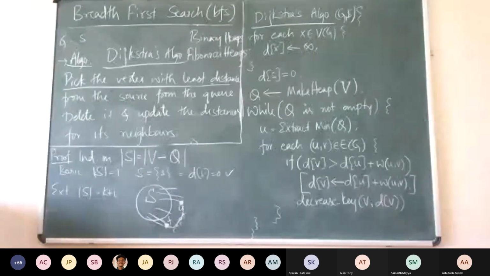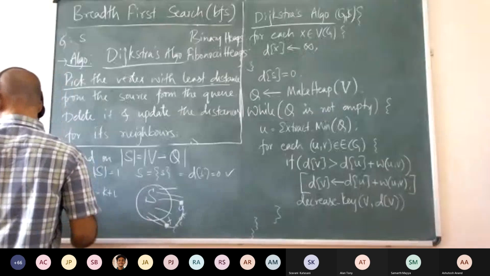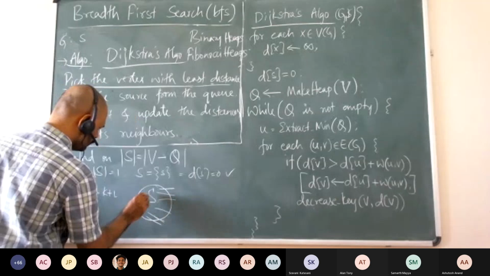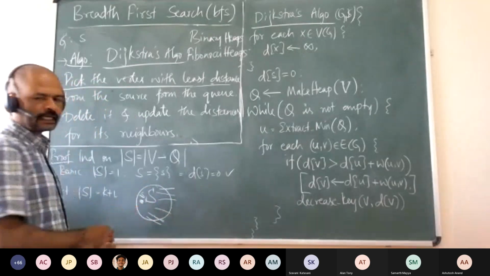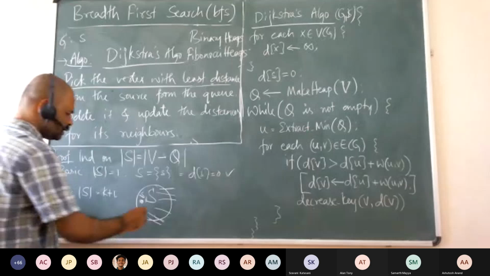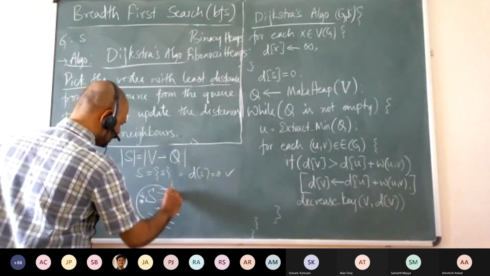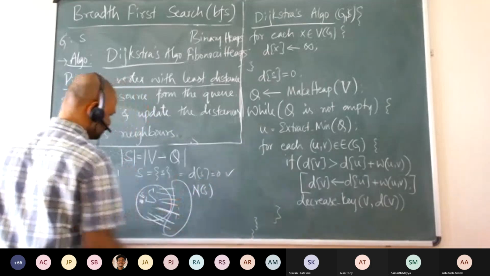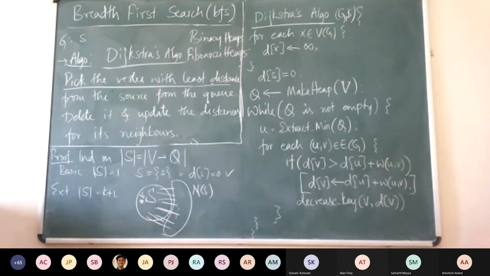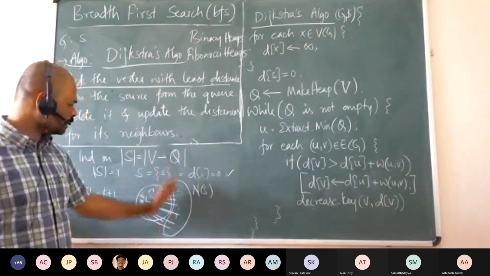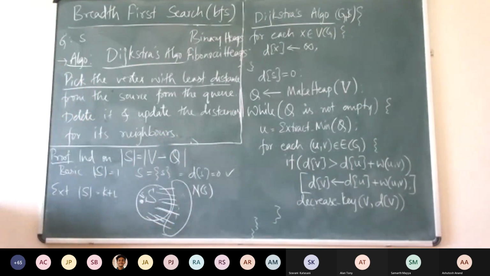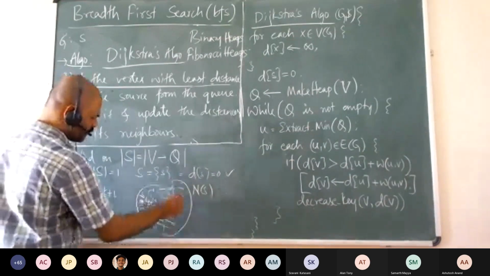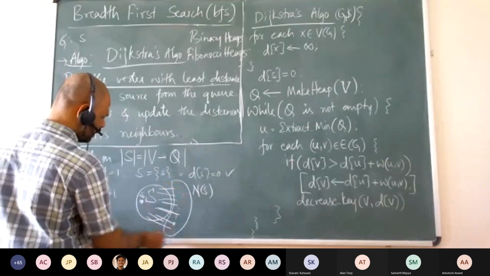So notice that if this is the source, sitting somewhere here, and these are all the vertices for whom the distance is set correctly by the inductive hypothesis, the next vertex will come in the neighborhood. This is the neighborhood of S. It has to be in the neighborhood of S. Another way of thinking about it is, you take all the neighbors, sort them according to their distances from S, which is already calculated as of now, and you pick the minimum one among them.